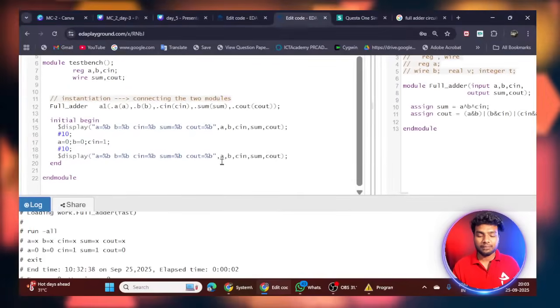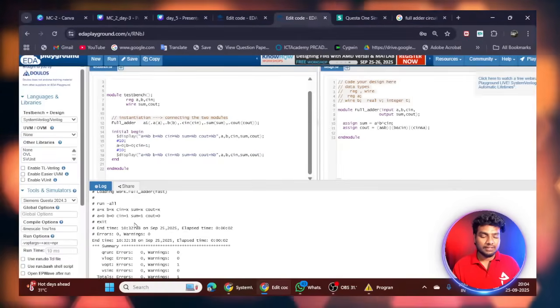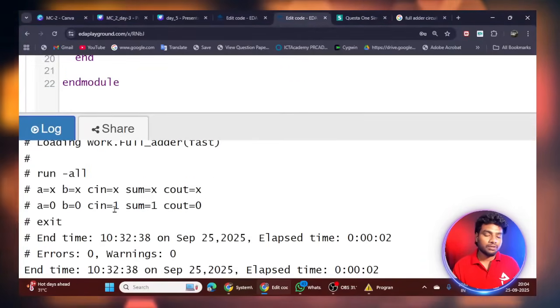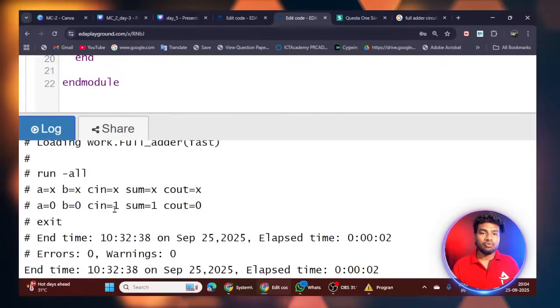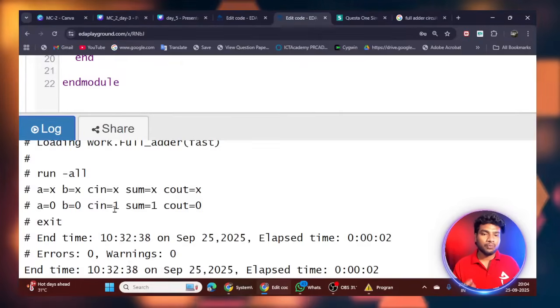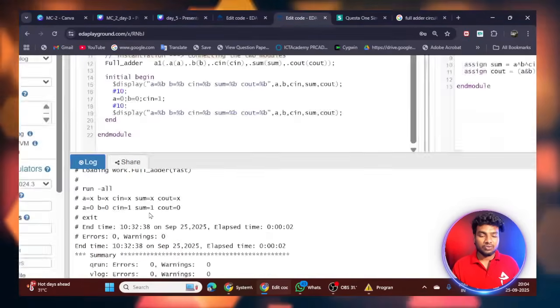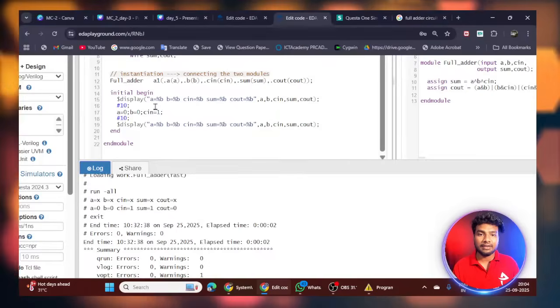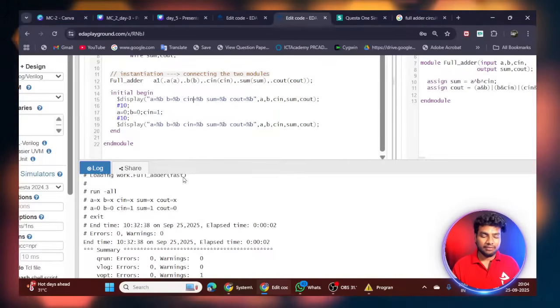Here I'm displaying sum and C out. Okay, so you can see here my inputs are A equals 0, B equals 0, C in equal to 1. It means 0, 0, 1. If you add the 3 bits you will get sum equal to 1, carry equal to 0. So that's why I'm getting that here. You can see I didn't give any values for sum and carry; I'm getting them from the design code. Okay, I think it's clear for you.